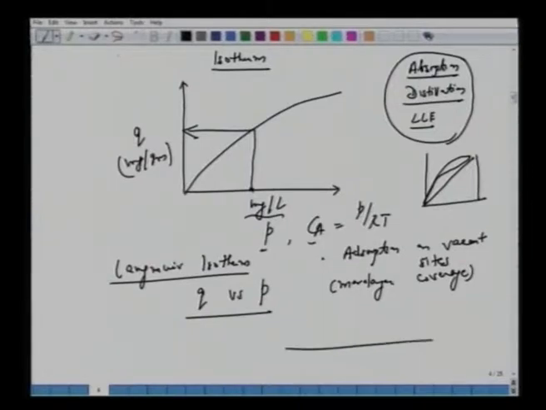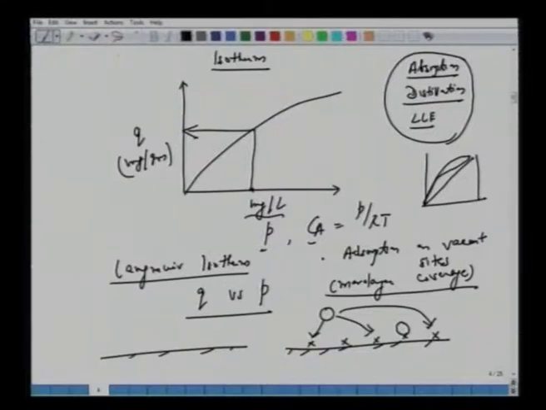Alright, so if it is a solid surface, then there are certain active sites here, which we talked about in the previous lectures, and the molecules from the gas phase or liquid phase will adsorb only on these sites. If some sites are already occupied by one molecule, then another molecule cannot come onto this site, so it has to go to a different site. So we have monolayer coverage. At the end, when the entire surface is saturated, you have this type of single layer. You do not have multilayers. That's not permissible in the case of Langmuir isotherms or Langmuir adsorption. That's one.